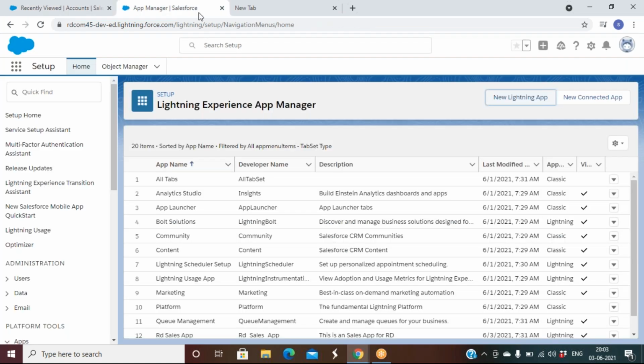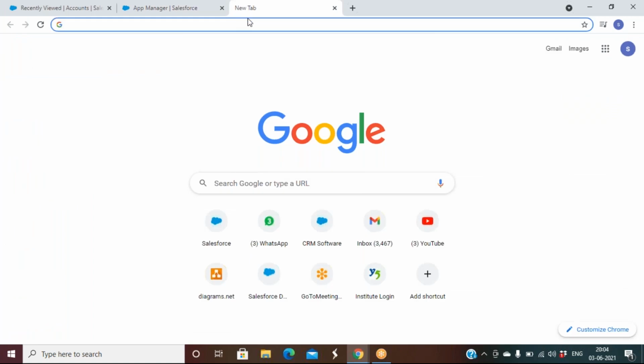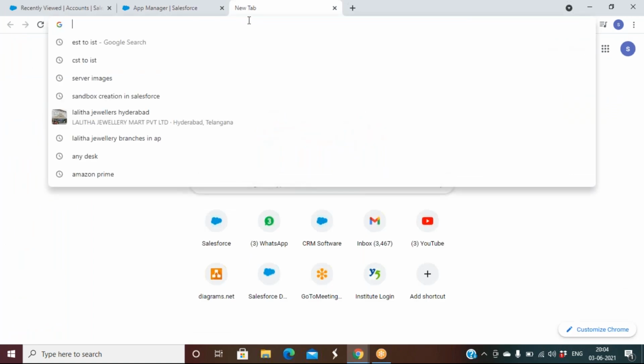Now, Salesforce can be accessed in two ways. The user can access the Salesforce application in two ways. One is through a laptop or from his computer, and the other way is from a smartphone. If the user wants to use the Salesforce application from his laptop or computer, he should have internet connectivity and any browser.